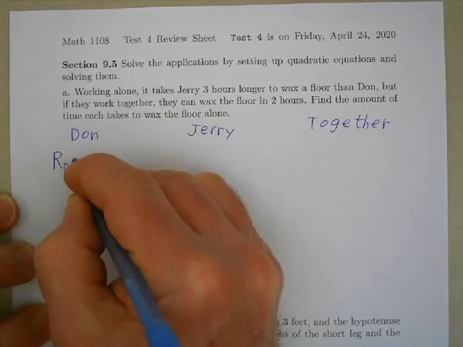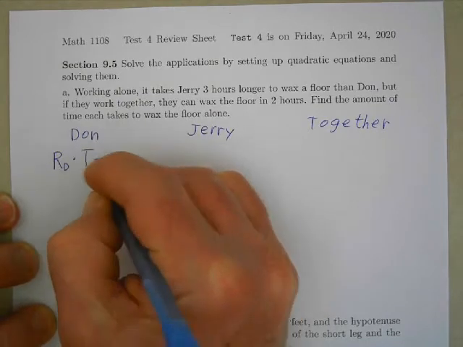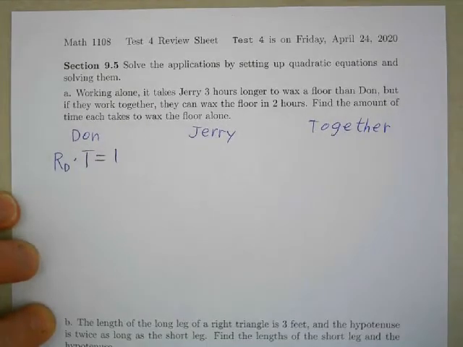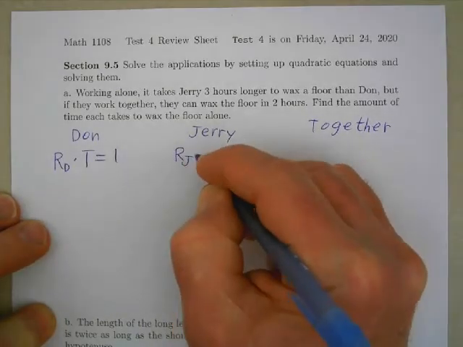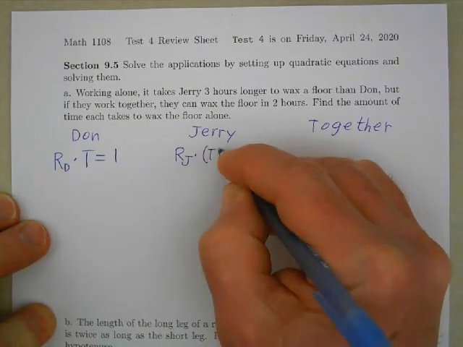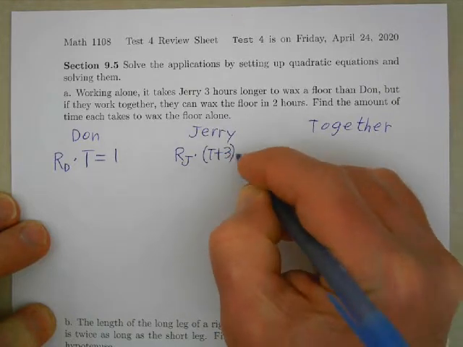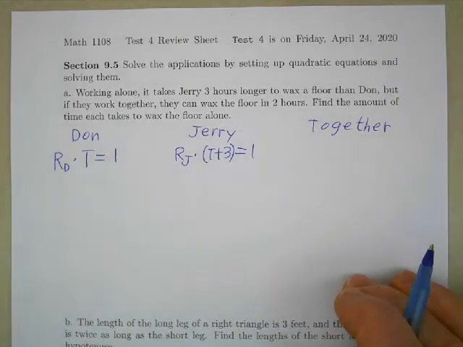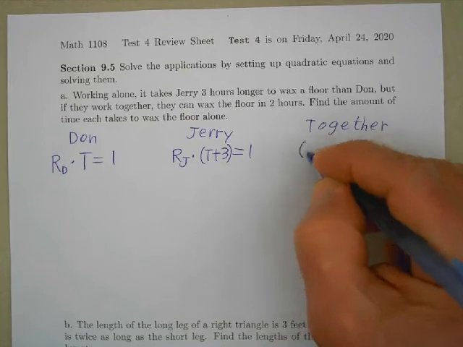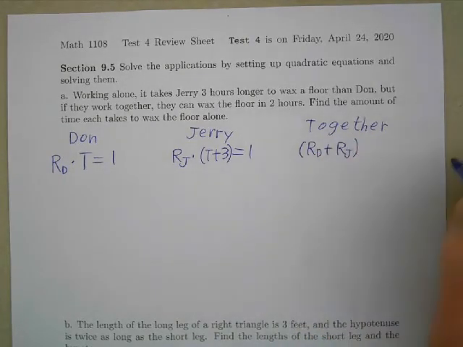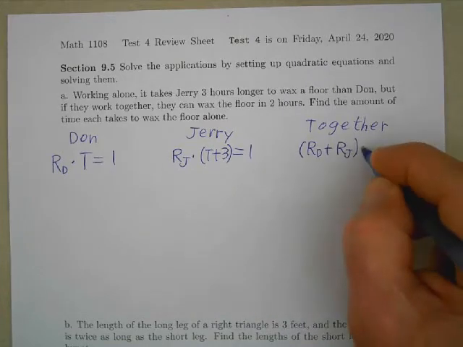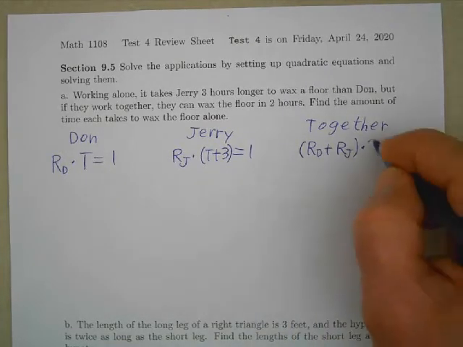So Don works at a certain rate, and in T hours, he can wax 1 floor. Jerry takes 3 hours longer, so Jerry works at a certain rate, and in T plus 3 hours, he can wax 1 floor. When they work together, Don's rate plus Jerry's rate, they can wax the floor in 2 hours, so the combined rates times 2 hours equals